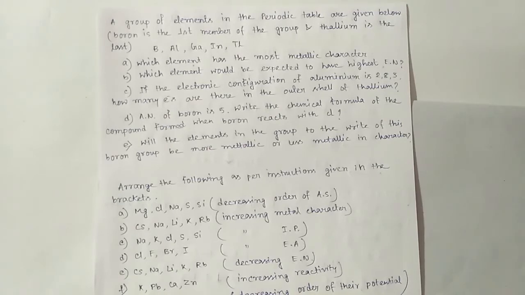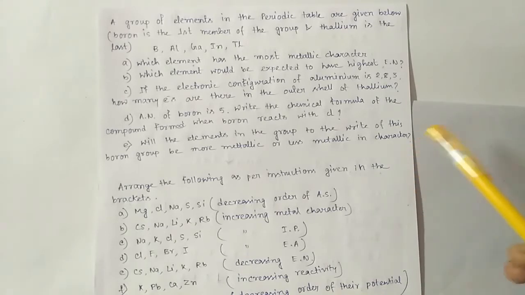So boron has the least atomic number and hence the least atomic size, so it will attract its outermost electron pair more closely. That is how we can conclude that boron of this boron family has the highest electronegativity. Okay, so next is,